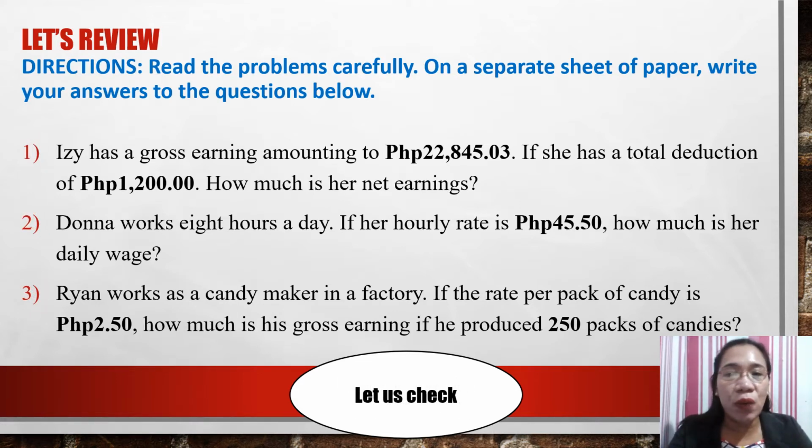Now let us check your work. Okay. Who will answer number 1? What's your answer? Any guess? Okay. So IZ has a gross earning amounting to 22,845 pesos and 3 centavos. If she has a total deduction of 1,200, how much is her net earnings? So very easy. You simply deduct 1,200 from IZ's total gross earning, which is